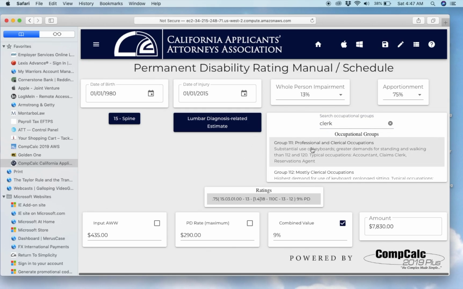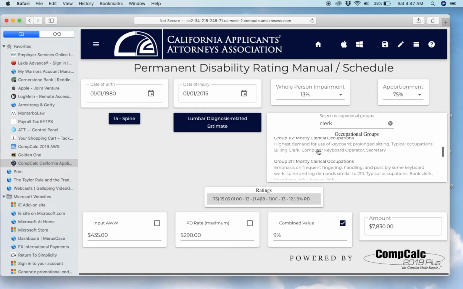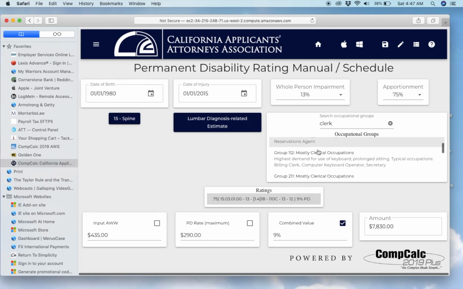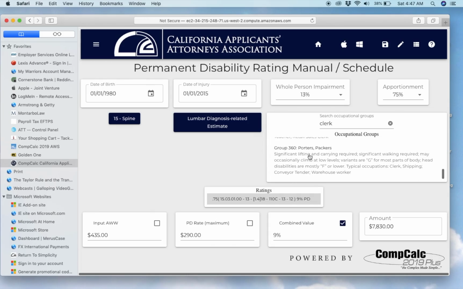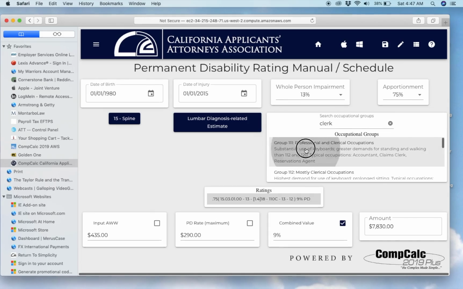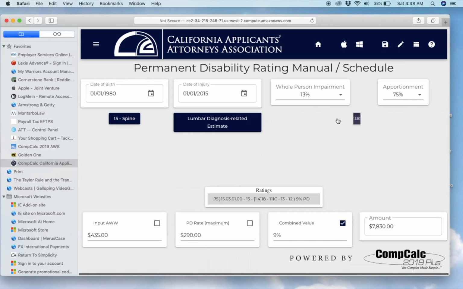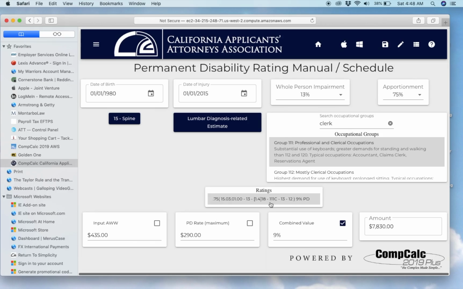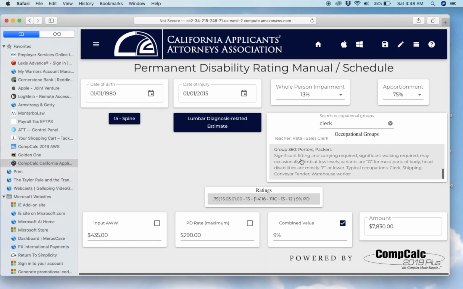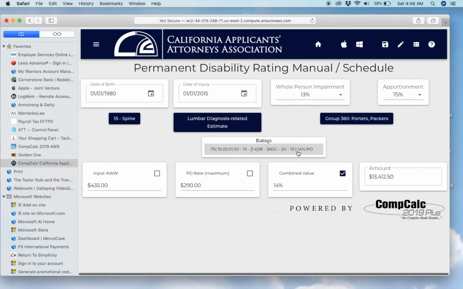And you can see these are all the different groups that have the word clerk in them, from a low of 111 to a high of 360. I'm going to click on the 111, and watch how quickly it adjusts everything. Now I want to go with a 360. I want to have that PD as high as possible. And you can see that it carries it all the way out and ultimately gives you the full indemnity value